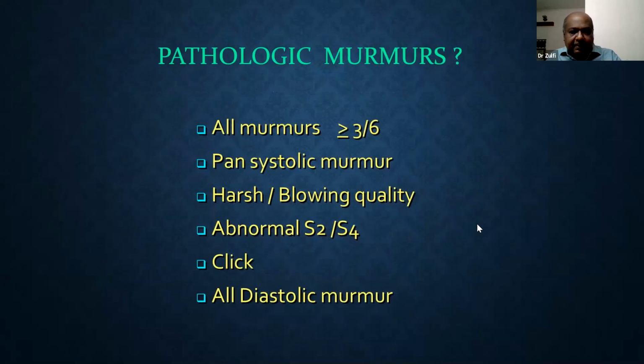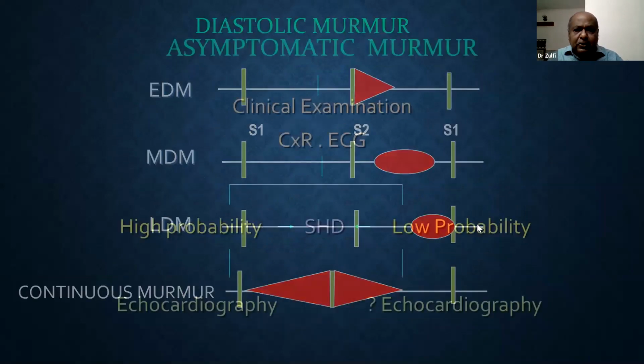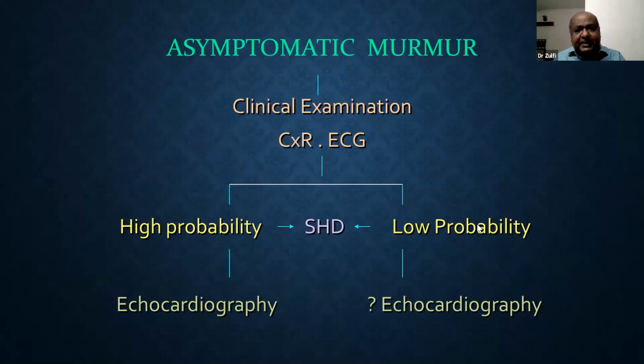So again, I am coming back to pathological murmurs. I think they do warrant an echocardiography, for the reasons we already mentioned. This would be a safe way of being politically correct: you do a thorough clinical examination, X-ray, ECG, and if you feel there is a high probability of structural heart disease, go for an echo. If you feel there is a low probability, like Kunju was saying about EEG, you probably need not go for an echocardiography. But this is again the tricky area.